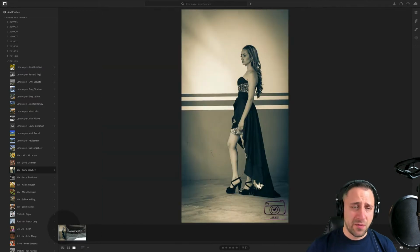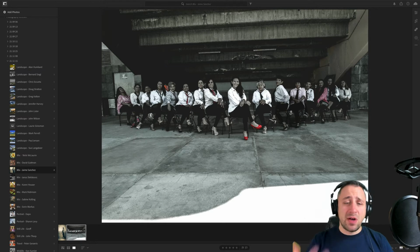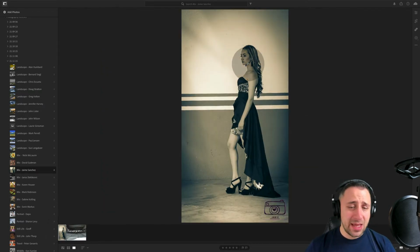Obviously there is a portrait of the lady with quite nice light, I thought. And then I have this quite good picture of the group of the people. I pick up this one because, to be honest, it's quite tricky to photograph a group of people like this. I think you've done very well here. On this one, again, I like the light. So let's jump to it. Jamie,